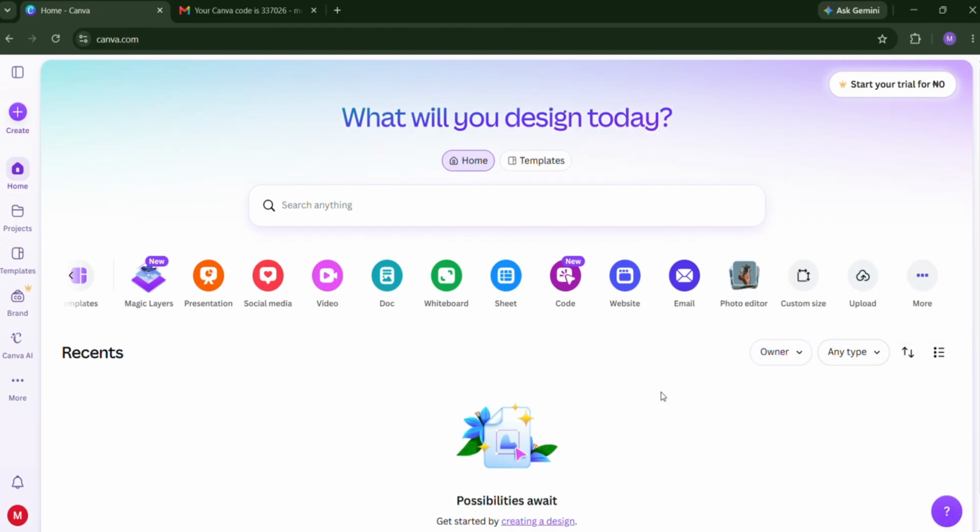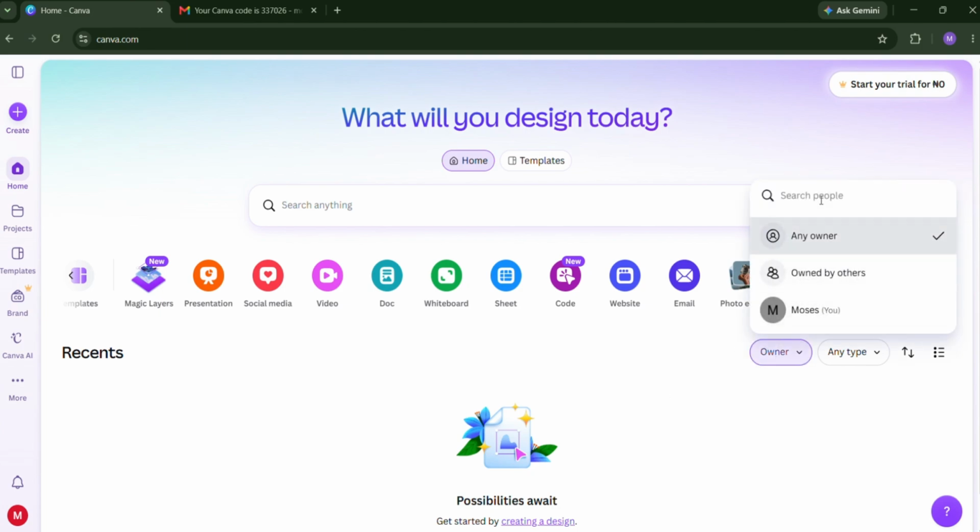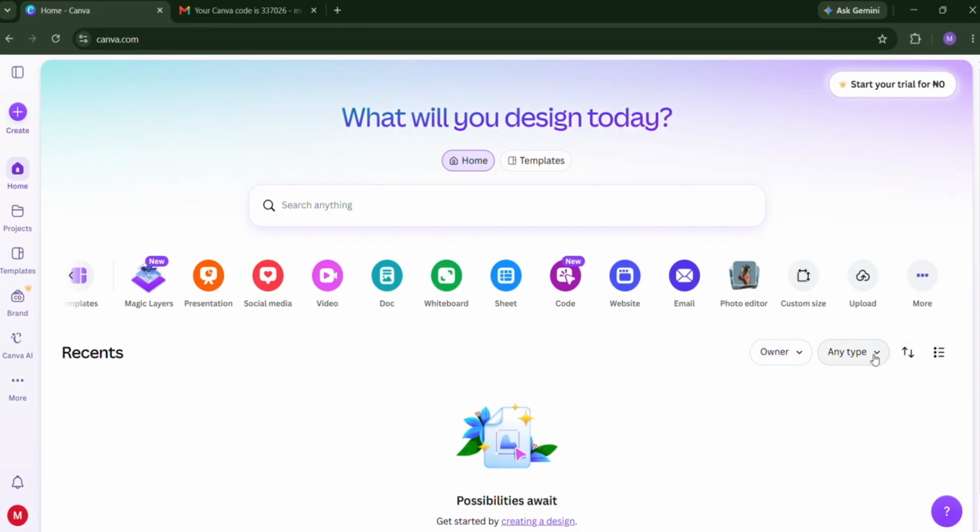Before I proceed, there's something we call theme on Canva. You can choose to create a theme on Canva. While creating that theme, you can add your friends, you can add your family, you can add anybody at all. So that's the purpose of this owner. Probably you have different designs with your team, so you can choose any owner or owned by others. And here we have any type filter,